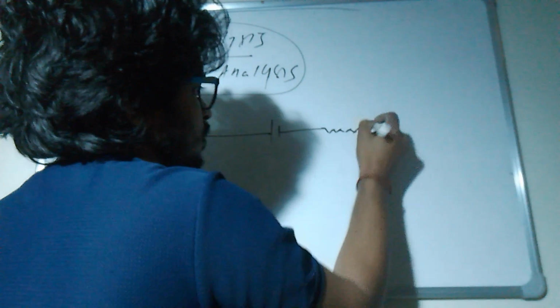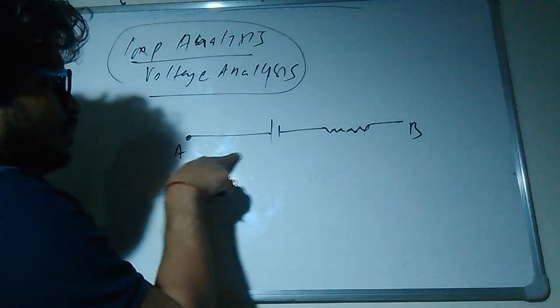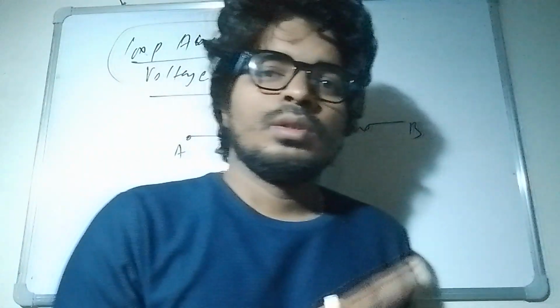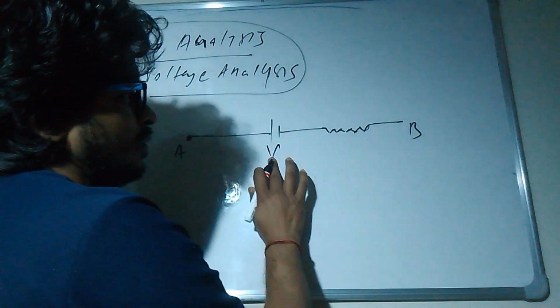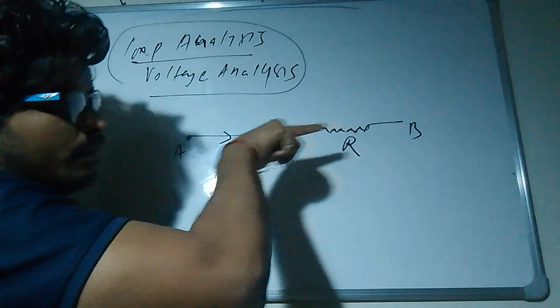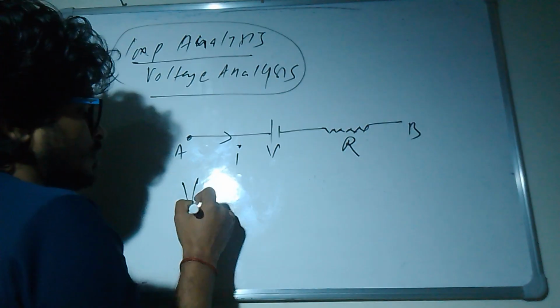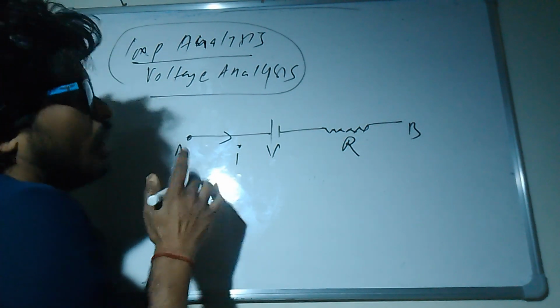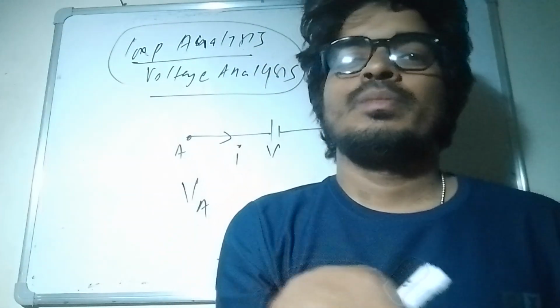Suppose I'm solving this question, how to apply the loop law. See, this is A and B. So this is one branch. In any branch you have to follow these rules. Right now I'm applying for this branch. Suppose this is V volt and this is R. I need to apply this law for a certain branch, and we'll complete this whole circuit. Here the voltage we don't know, so this is VA. I start with VA. I already said that I am assuming the second terminal of the battery, so you can also assume the first terminal, but no.